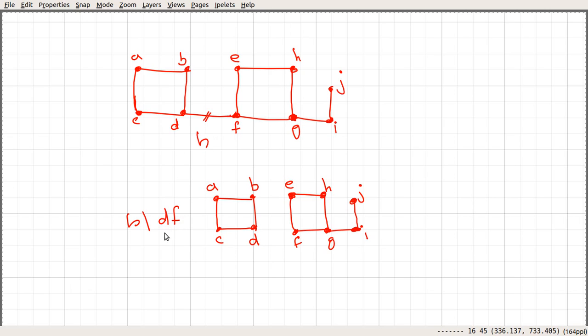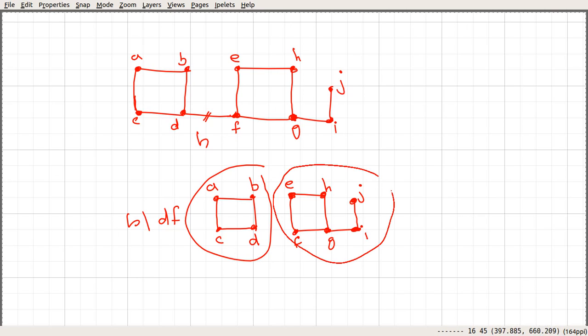If you look into this graph G minus DF, we have two connected components here. So that says we started with a connected graph,